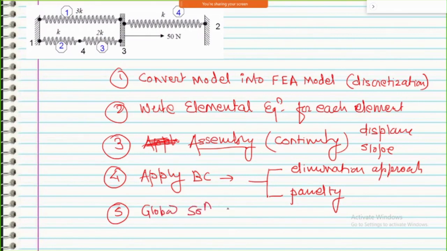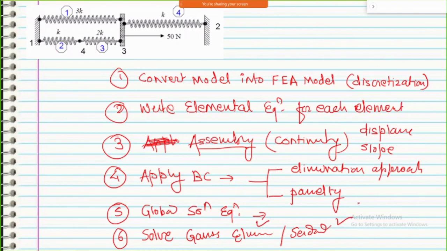And that global solution equation will have mostly the number of unknowns and equations the same. And these global equations will be solved using Gauss elimination or the Gauss-Seidel method, whichever is possible. It is preferred to go for Gauss elimination because it is only a single step solution, and Gauss-Seidel will have a multi-step solution, so it will take too much time. So this is the way step by step we will do it.